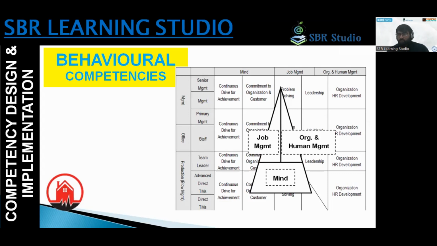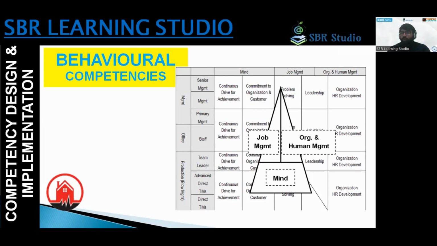So now, just as an instance I'm sharing with you, what type of ideal employee should there be. At every level, everyone's role in their mental job is about a continuous drive for achievement, for what they have been given. They should continue pushing themselves toward that. It is self acceleration action. Then committed to the organization and customer, keeping the organization as the first priority as well as their customer. So first you need to design a philosophy, so that the management as well as your organization and individuals are aligned together.